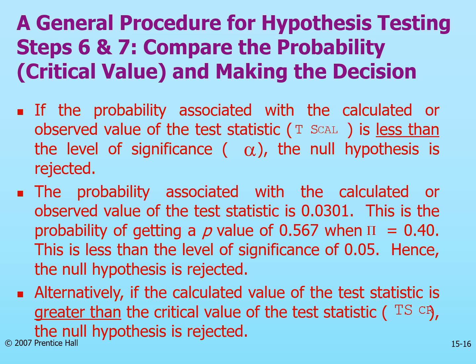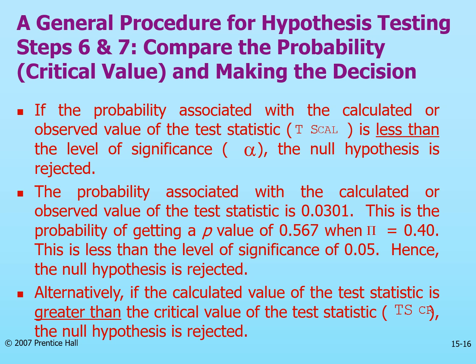This is less than the level of significance 0.05. Hence, the null hypothesis is rejected. I think it's clear to everyone. The null hypothesis is rejected because the calculated p-value is 0.0301, which is less than